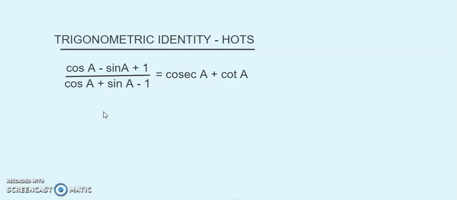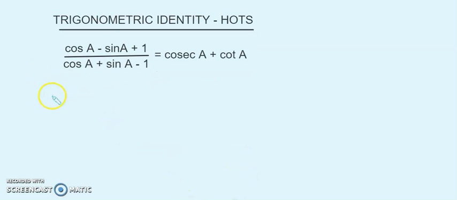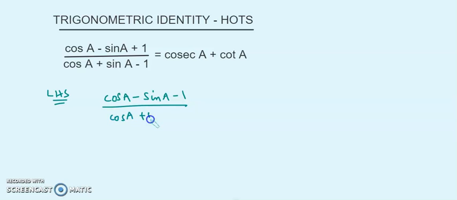Okay, so let's talk about the first method. The first method is similar to one of the questions that we have done in the previous video. Okay, so first of all, we will start from LHS in both the methods. So what we'll do in the first step in this one, because the right hand side has cosec and cot A,